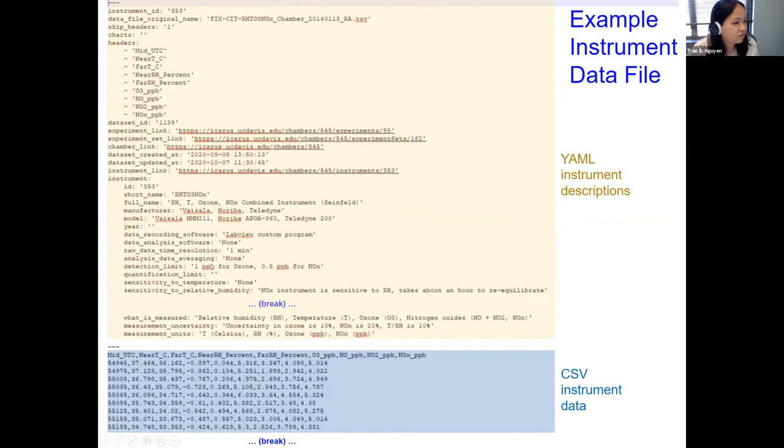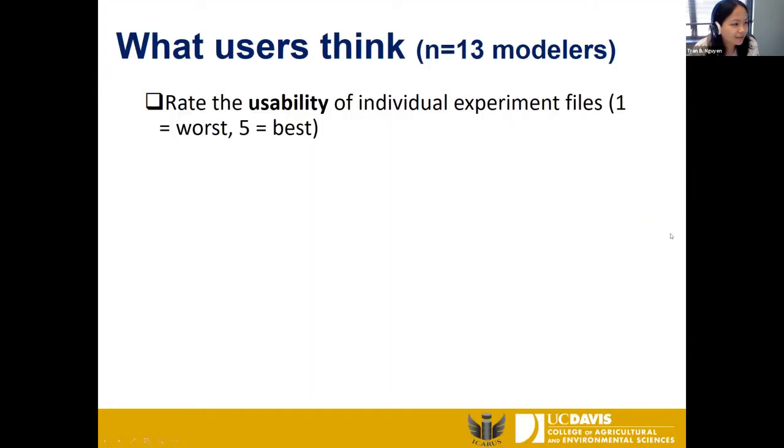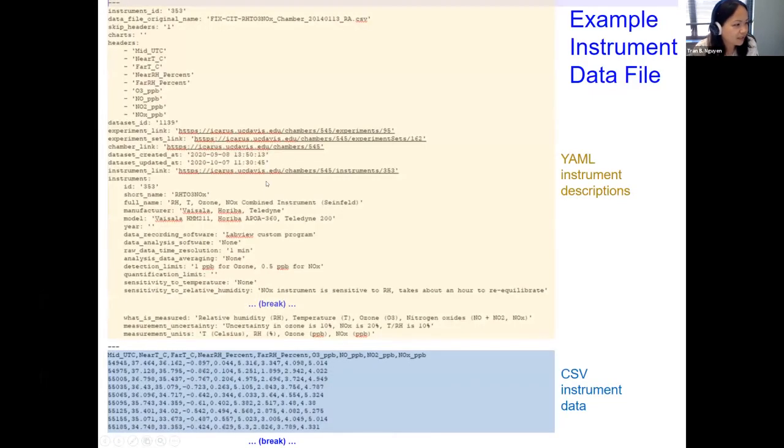In the instrument data file, what you're inputting once and saving into our database generates the column headers for you, so that at least for that specific group, there's no way that one day they'll say NOx with a small x, and another day NOx with a big X. So there's some level of uniformity, not as much as we'd like.